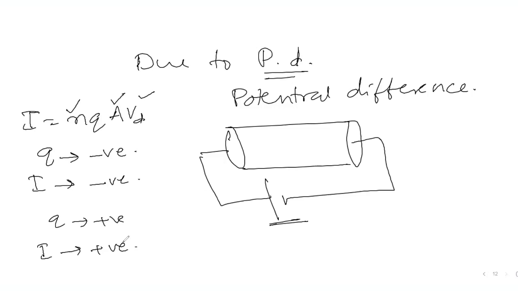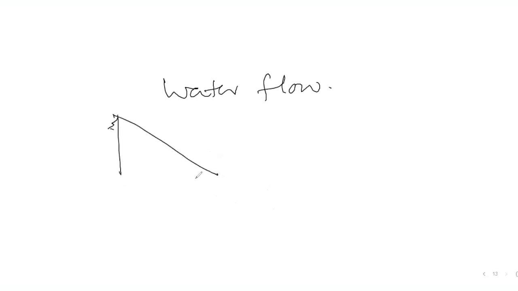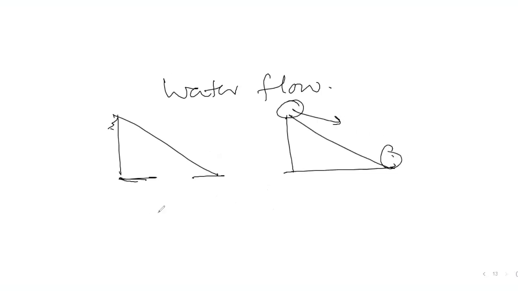Where do electrons get energy for their motion? Yes, that is due to potential difference. That potential difference is given by the source. Before going to the discussion about electric potential difference, let us understand the meaning of potential difference. You know water flow. How does water flow? Yes, from the highest point to the lowest point. You take any material, in general, matter flows from the highest position to the lowest position. And we know that if the height is more, it is at higher gravitational potential. This is lower gravitational potential.